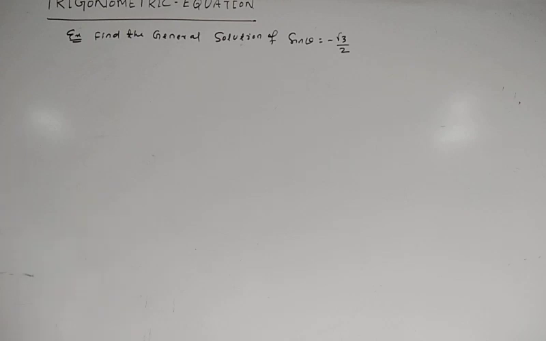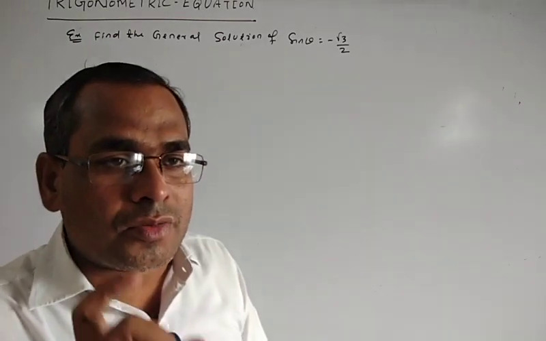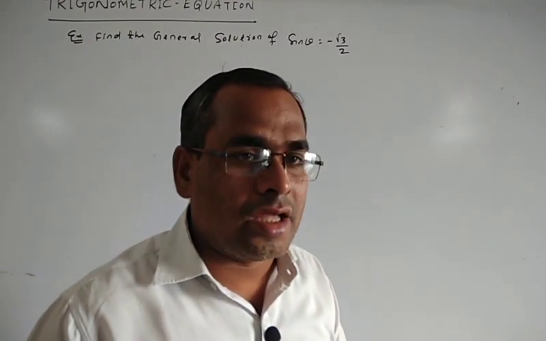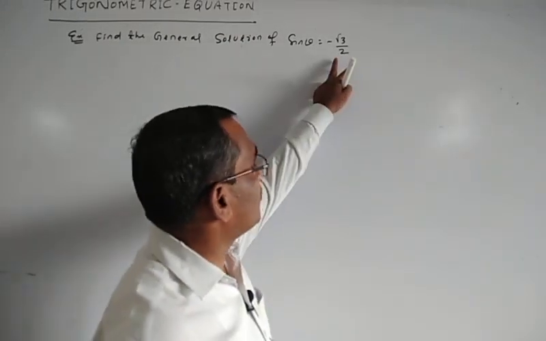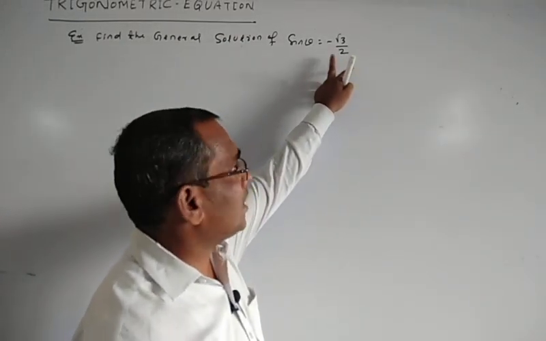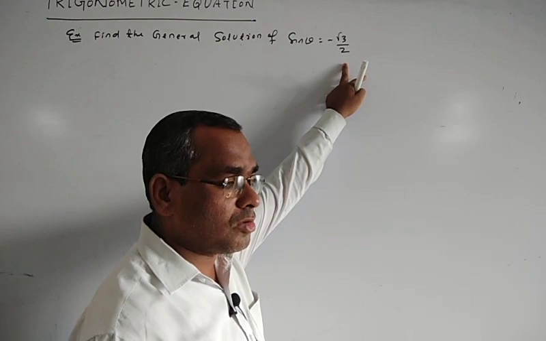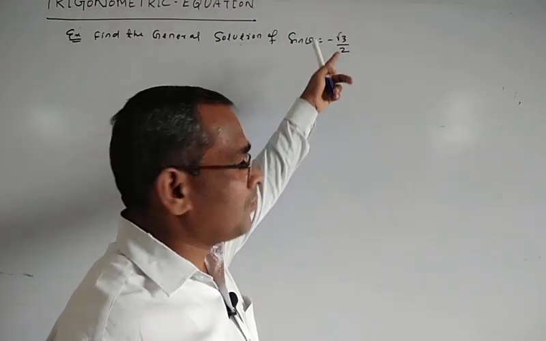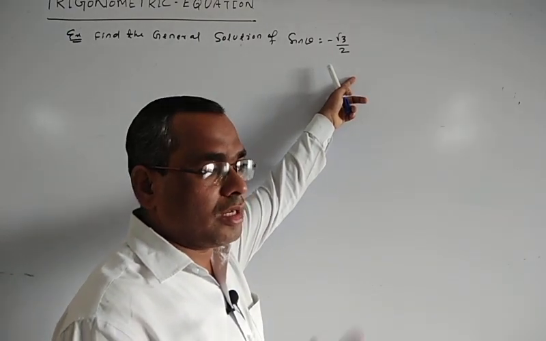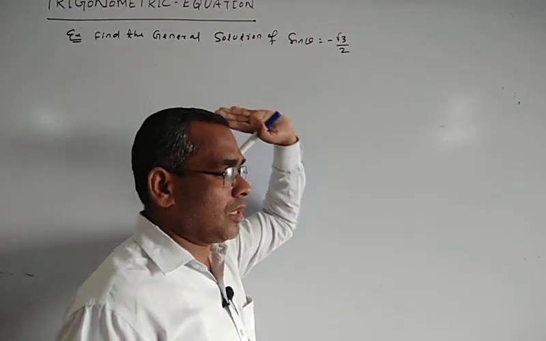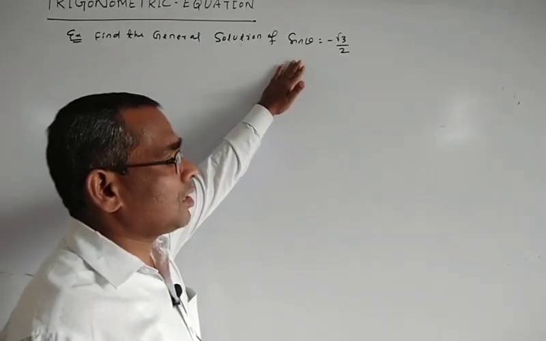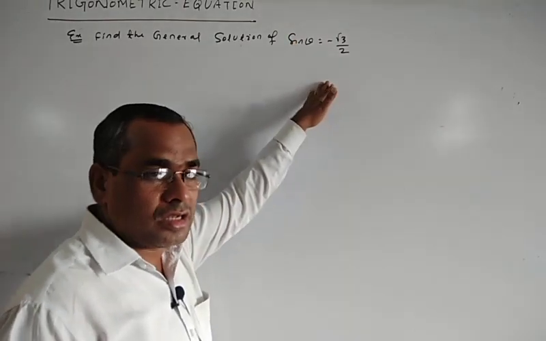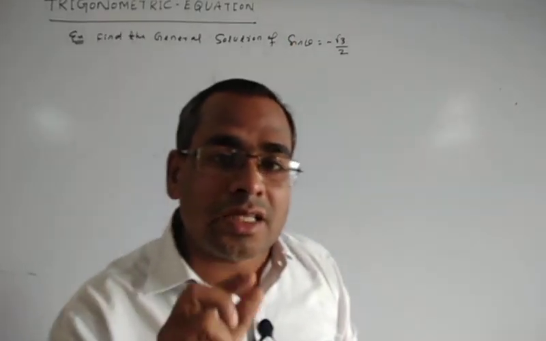Clearly, this is the trigonometrical equation of the form sin theta is equal to k. What is k? Here k is equal to minus root 3 by 2, which lies in the closed interval minus 1 to 1. It can never be greater than 1 and never be smaller than minus 1. So first of all you have to convert this equation in the form sin theta is equal to sin alpha.